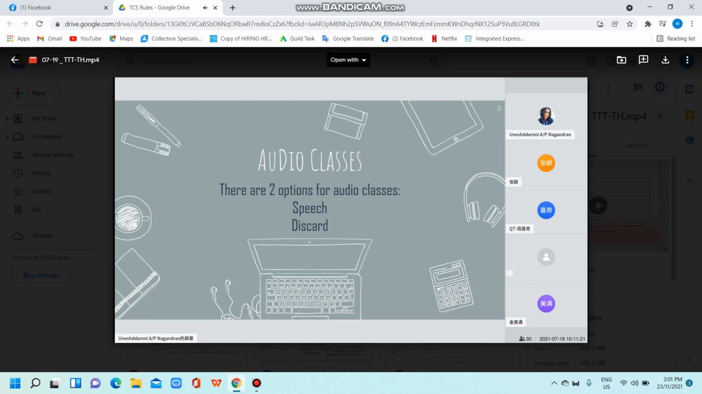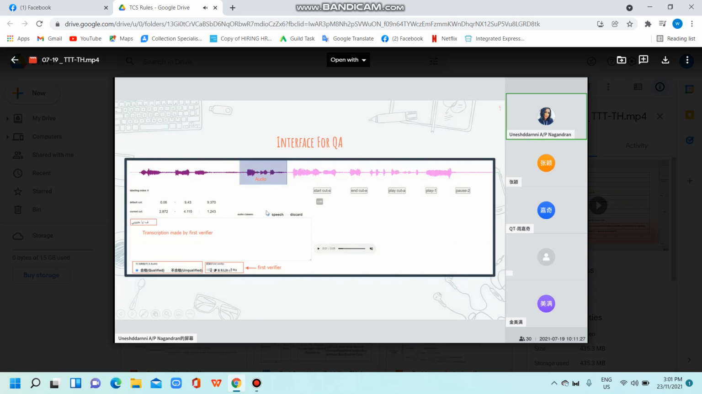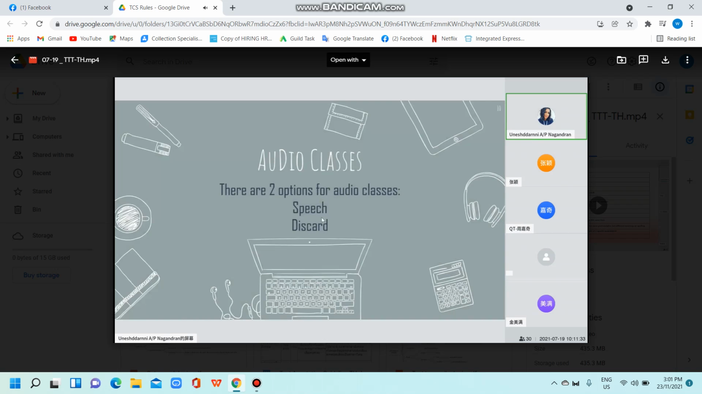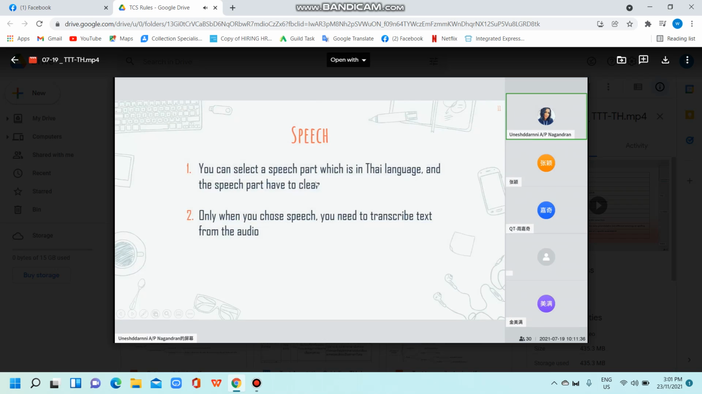So now we are going to look at audio classes. There are two options for audio classes. So audio classes basically means this. There are two options here, speech and discard. Okay, when do you need to choose speech? You choose speech when you can select a speech part which is in Thai language, and the speech part has to be clear. So you select speech when it is in the Thai language and it is a very clear speech part. Number two, if you choose speech, then you need to transcribe the text